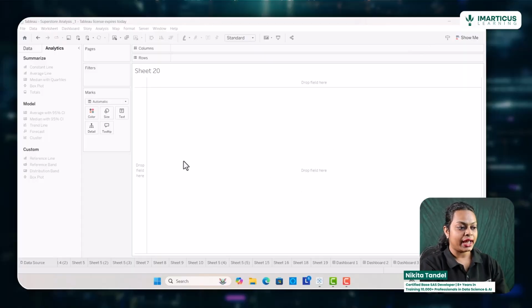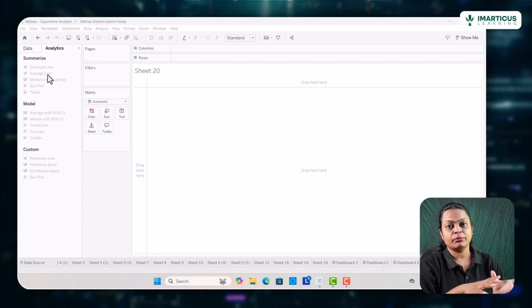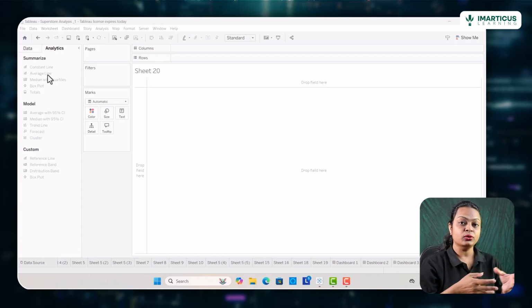So now on the analytics pane, we will try to explore certain options where you can do more than what you saw in case of the data pane. In the data pane we were focusing mainly upon the visualizations and working upon some calculations. The analytics pane provides you with certain options that you can readily use, and you can perform a detailed analytics